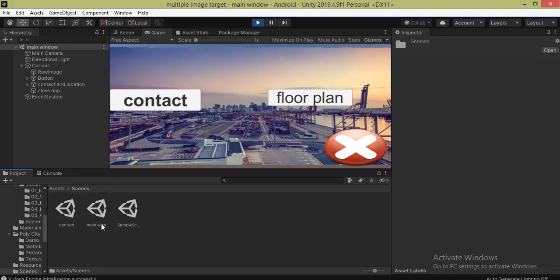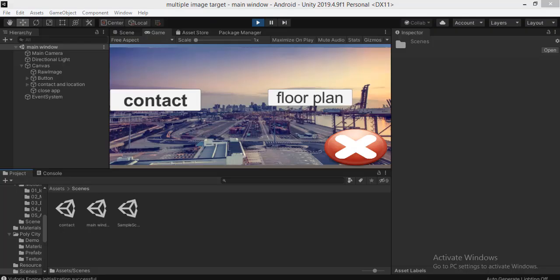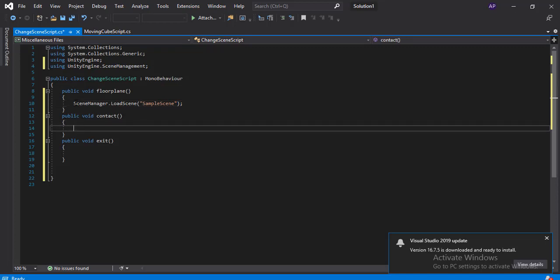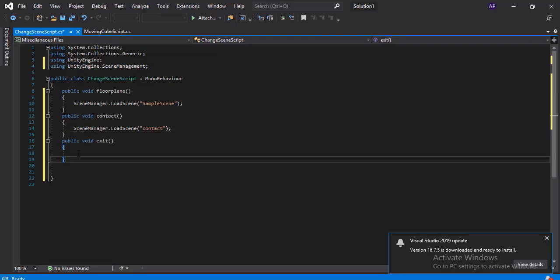You will see now I am in the main window and the program is for floor plan. So what I have to do, I have to enter into this sample scene. So I just click over it and end it here. After that again I just copy this whole component, but this time instead of sample scene I am going to write this contact scene. And after that here in void exit I am going to write